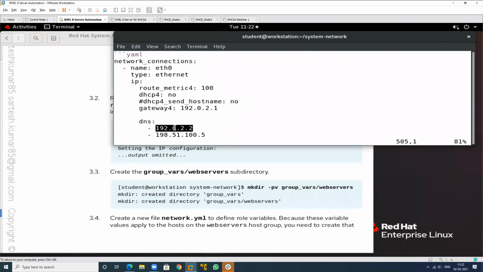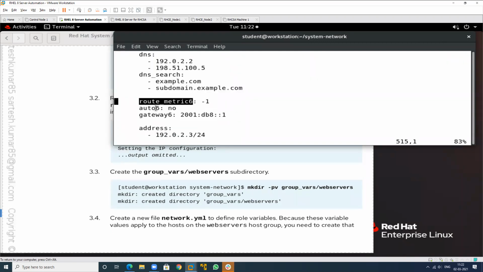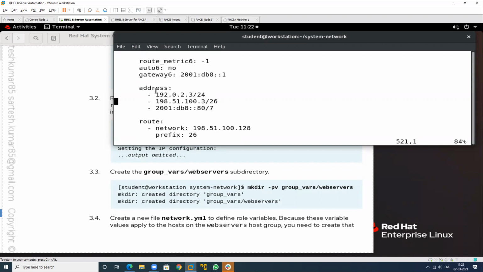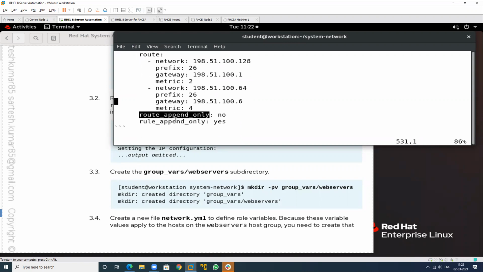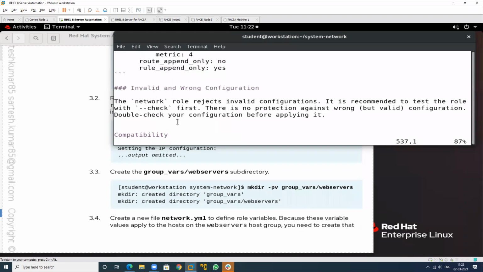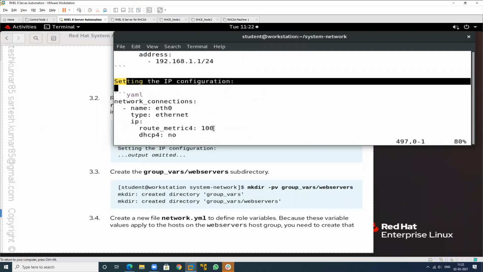See this? This is DNS related information, DNS search, route related information. This is the gateway address that I want to assign. This is the route value, prefix, gateway, metric, all related to the IP address. See, setting the IP address information.